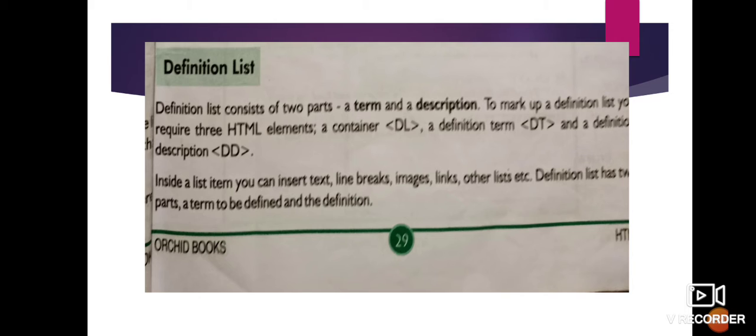Okay, so a definition list actually consists of two parts. First one is a term with a description. Okay, so we need three HTML elements. First one is DL, second one is the DT tag, and third one is the DD tag. DL is a container tag where you can define your definition.